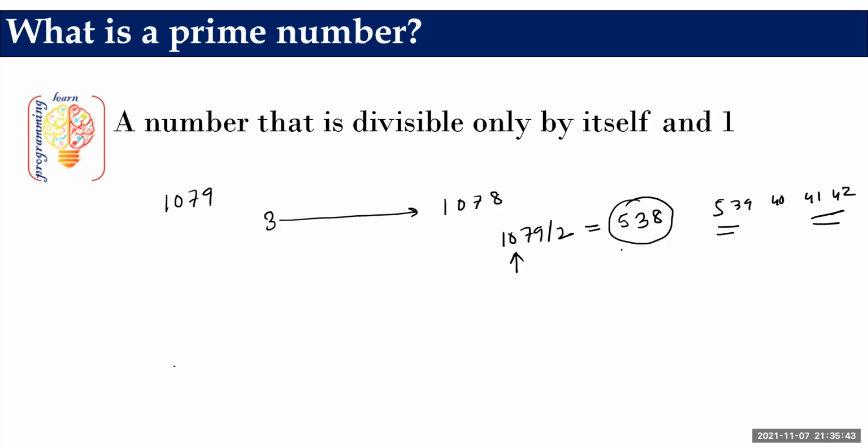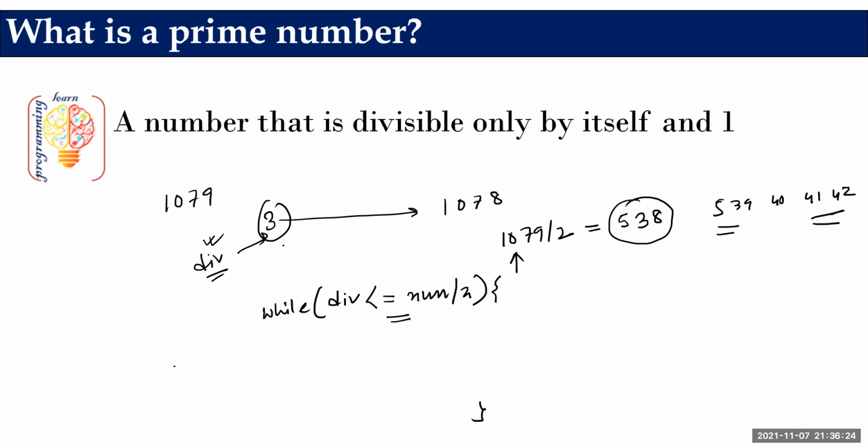So in the loop condition, we'll keep this condition. Suppose I take a number starting from 3 and use it to divide that particular number, and we keep incrementing its value after each division operation. We simply check that it should be less than or equal to half of that number, so that the number of times the loop executes is reduced and it takes less time. I hope you understand this concept.